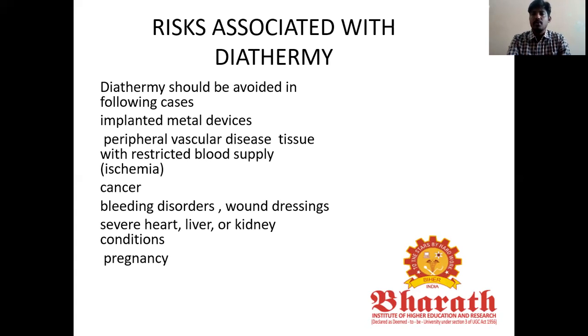So now we have discussed diathermy. What is the use of diathermy? It is used for relief of pain, arthritis, back pain, wounds and joints. These are the common benefits of diathermy. What are the types of diathermy? We already know: short wave diathermy, microwave diathermy, long wave diathermy and ultrasound diathermy.